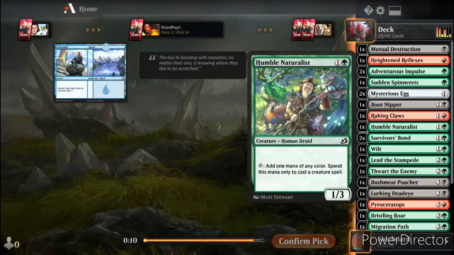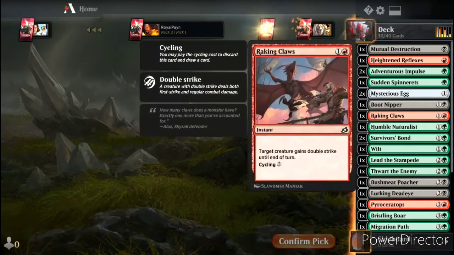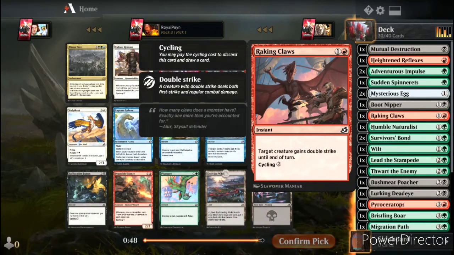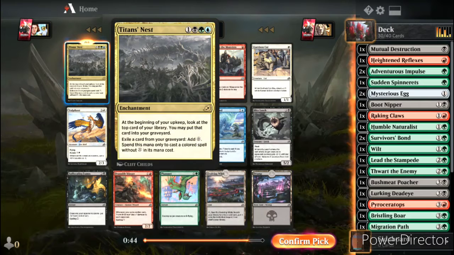Survivor's Bond. Island. Swamp. Titan's Nest. Do I want to value draft this? I mean, I'm not going to get anything good, so...